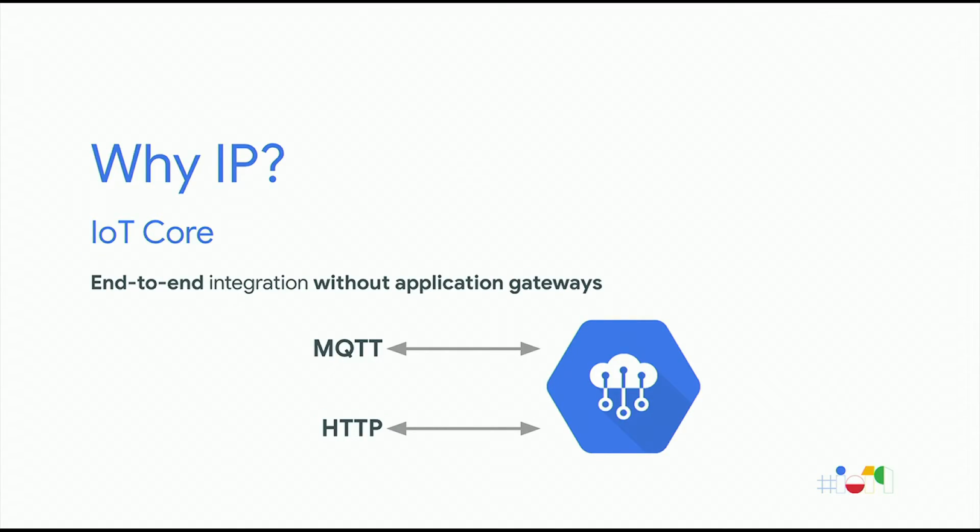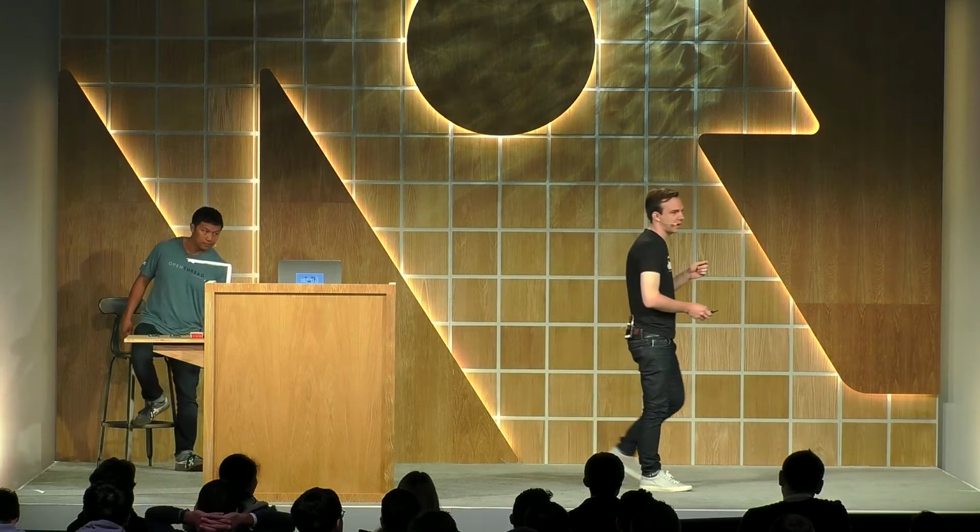And specifically for this session, it means that we can build battery-powered devices that communicate securely end-to-end with Google Cloud IoT Core without any application layer in between. OK, so now we've seen how we are going to use Thread as the radio technology to build these products. And we also know that Thread is going to give us an underlying IP layer link, which means we can use just about any cloud backend that we want to connect these products and leverage data from them or interact with them.